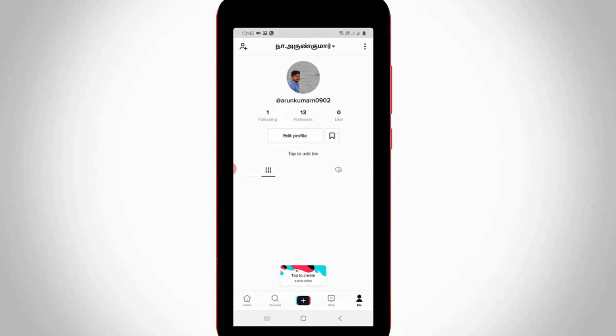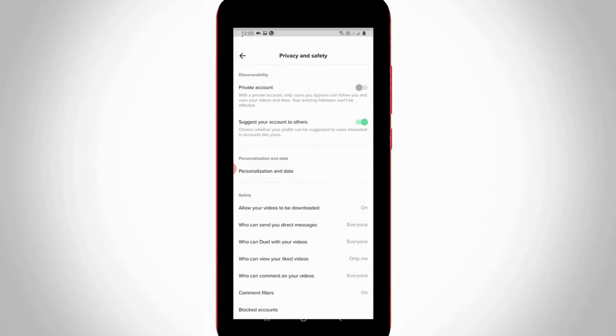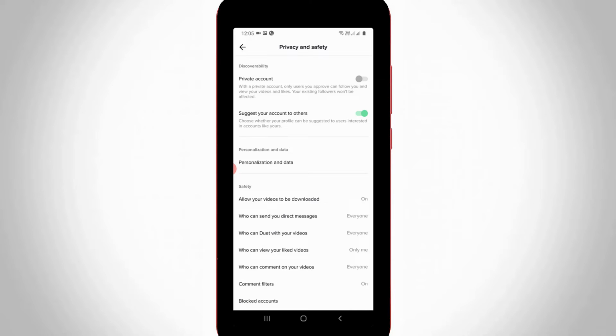But in this profile section, you can press this vertical three dot icon and it is placed at almost top of the right side corner, and then it shows all the settings categories, but you can go to privacy and safety settings, the second one. So finally I get to these settings.